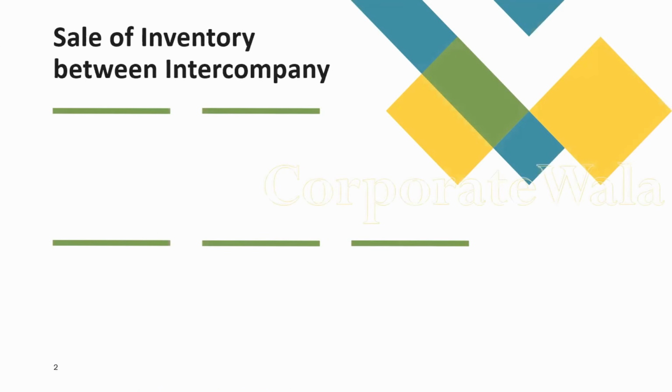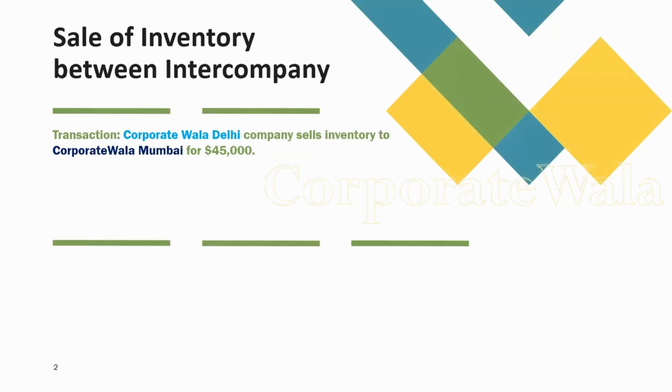So the first case which we are going to look at is sale of inventory between intercompanies. So our first transaction is: Corporate Wala Delhi company sells inventory to Corporate Wala Mumbai for $45,000. So let's talk about what will be our journal entry in the books of Corporate Wala Delhi, which is our selling intercompany. But before we pass on this journal entry, for the next couple of minutes, I want you to imagine